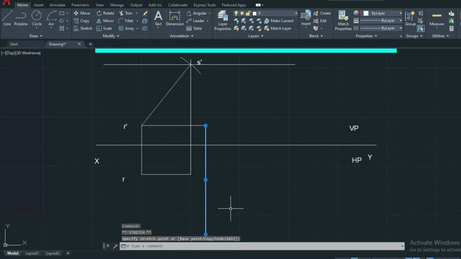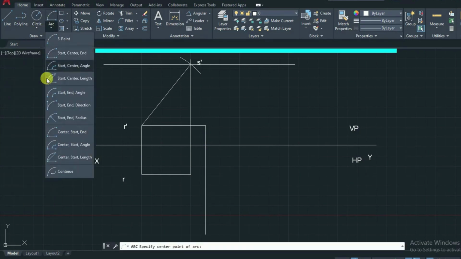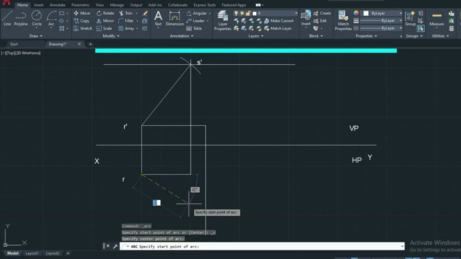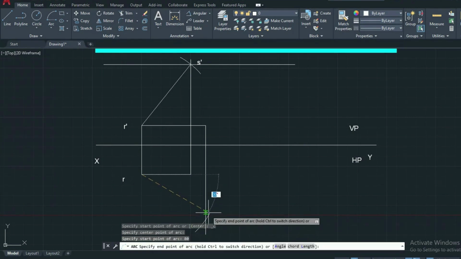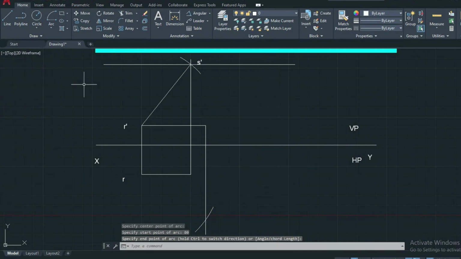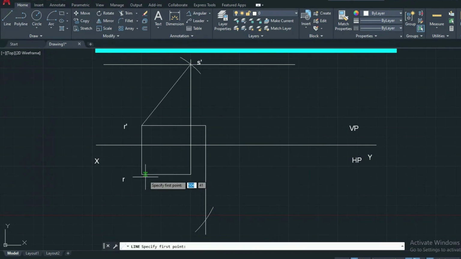So lengthen the line. Again, I repeat: you can use center, start, end. I am starting at the center point. We know the radius is the true length of the line, 80 mm. So it will intersect the vertical line. So that is the true length of the line.